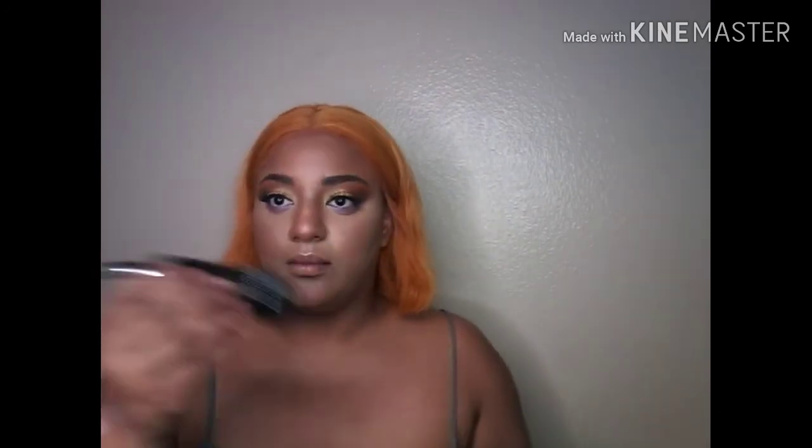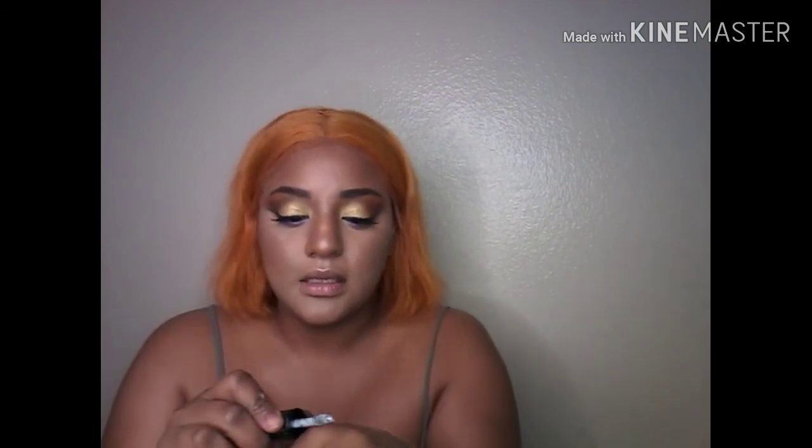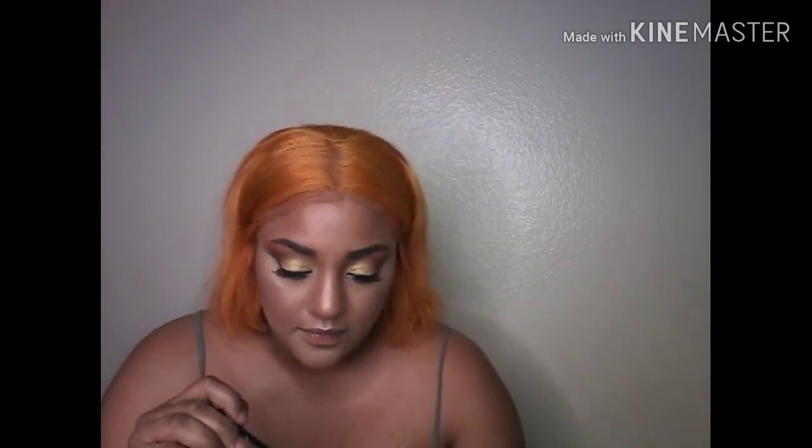I'm gonna go in with my base. This is primer base, but I use it to set my whole thing. So. Okay. So. Because this is a liquid shadow by Ulta. And it's really, whoa. I'm going to take this little bitty brush here and I'm just going to flicker it. And I'm just like,